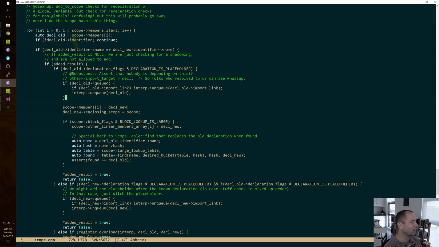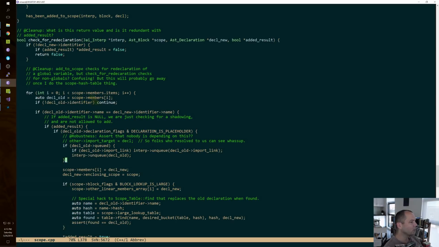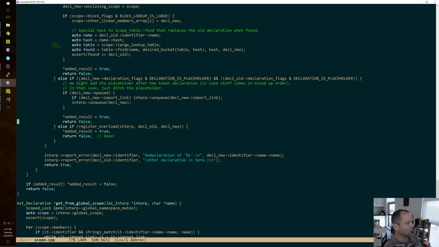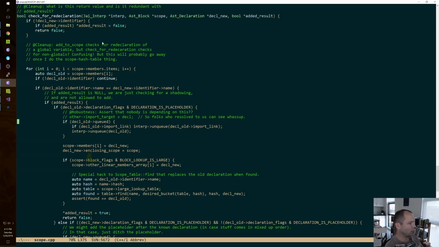Okay, this whole thing, check for redeclaration, is looking over the members array. So we need to speed that up. We forgot about that. Check for redeclaration. That's going to be fun. Actually, it's going to be pretty easy. But we can do this part. We can get it functionally correct without